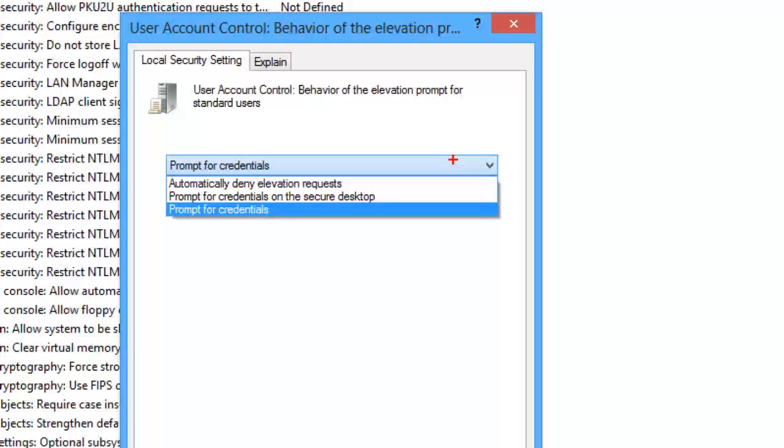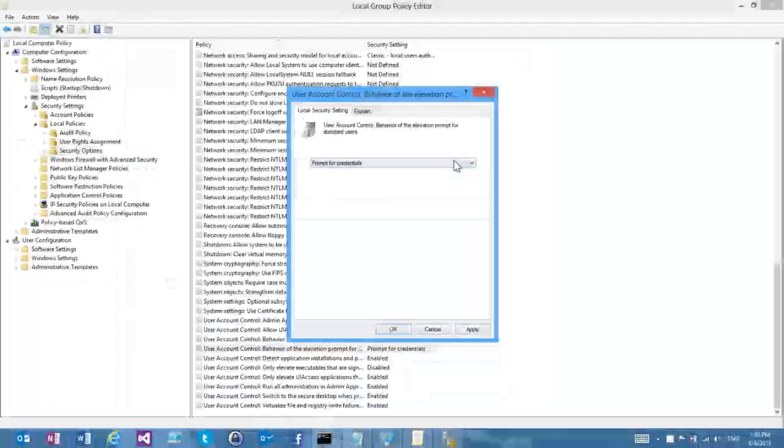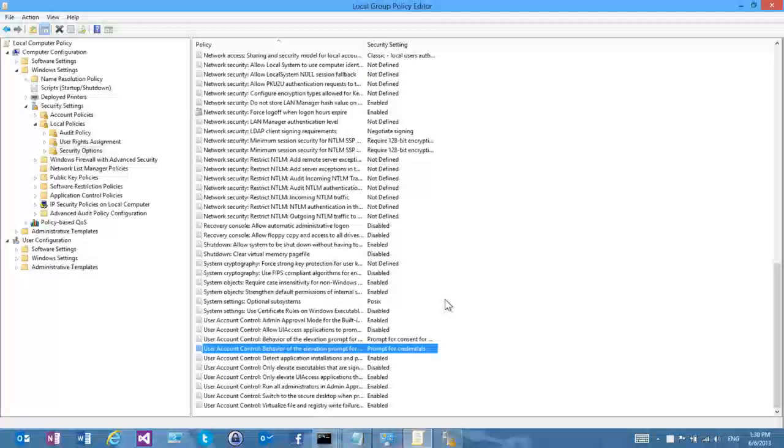If you don't want them to be able to elevate, then make sure they have a procedure to get admin rights on the machine, because the other option is to always say no. Right-click Run as admin will lead to a dialog box that says this program is blocked by group policy, even for your help desk people. It's all about lining up the experience end to end. But that is really how the policies come together, and think about that.